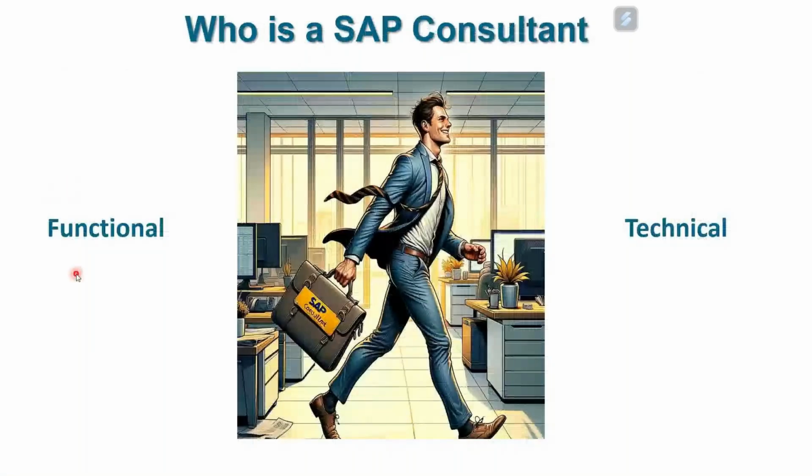Okay. So he talks to business, understands their business processes, tells them if there's a problem, tries to map those processes into SAP, tries to run those processes in SAP, talks to them on a daily basis for those processes, solves their issues related to processes. That's the functional part. So you have a SD consultant, you have a MM consultant, FI consultant, CO consultant, PP consultant, PS consultant, WM consultant, PM consultant, QM consultant, as per the various modules I have shown to you.